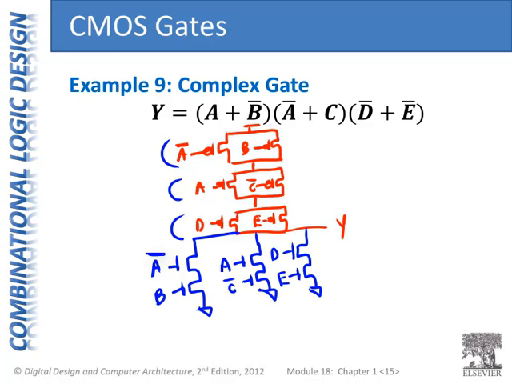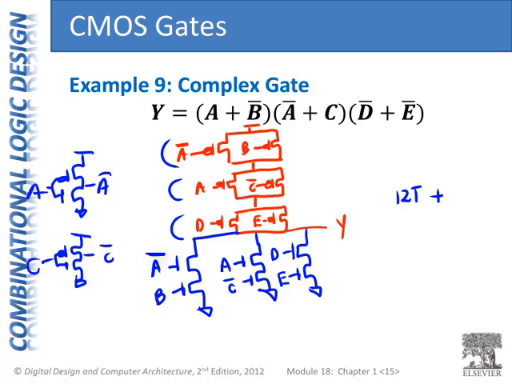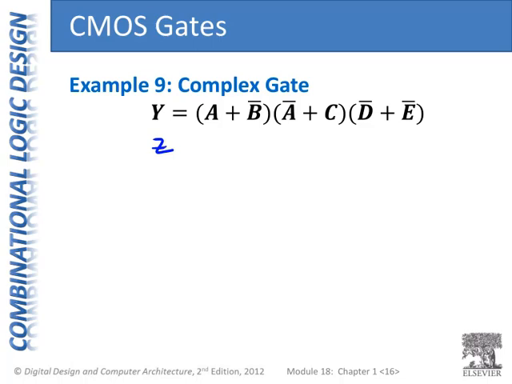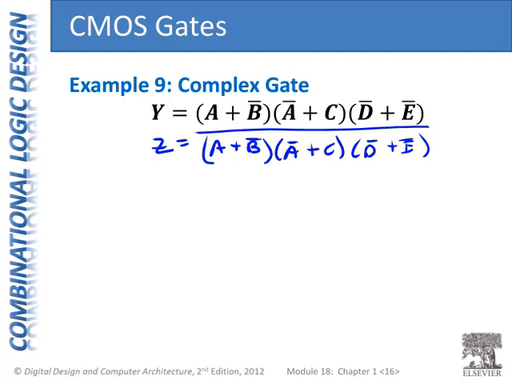So this gate takes 12 transistors for the function, plus I have to draw inverters to get A bar and C bar. So 12 transistors plus 4 transistors to get the inverted inputs, and we get 16 transistors total. So you can consider if the inverted version would be better to implement, and then inverting it using a final inverter on the output. So we could build that, but we can see that in fact this is going to